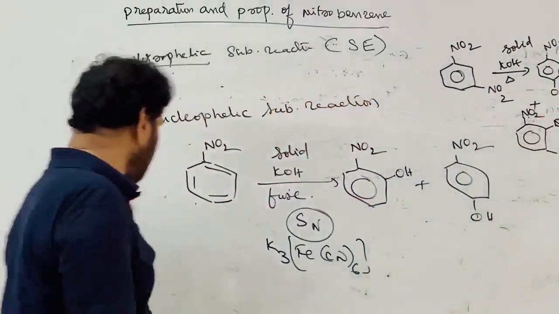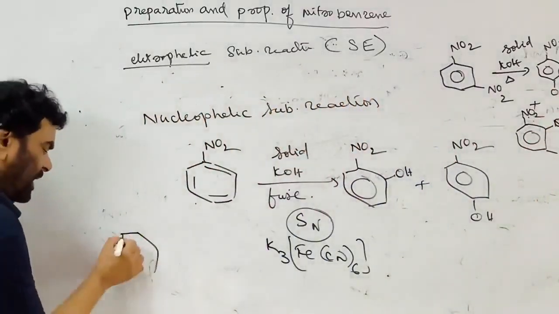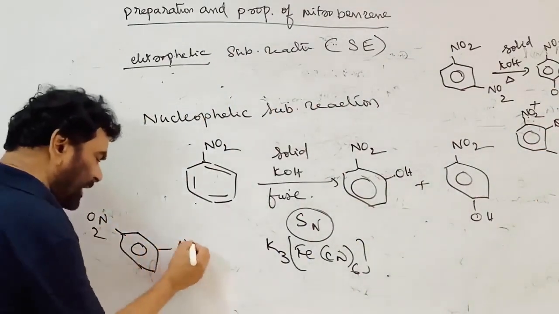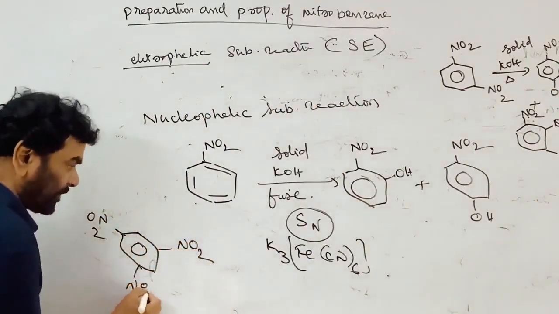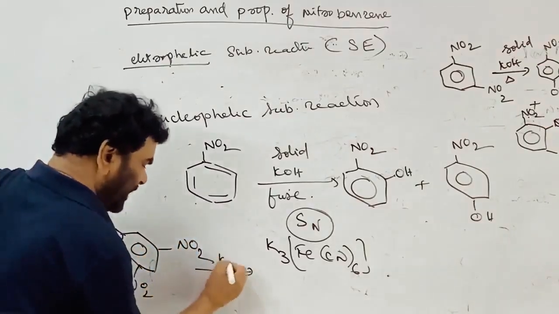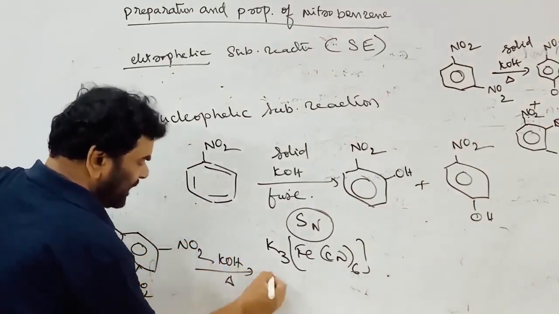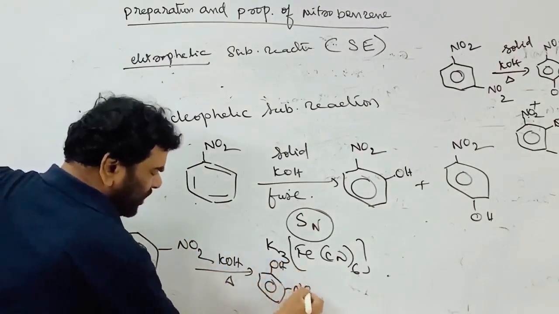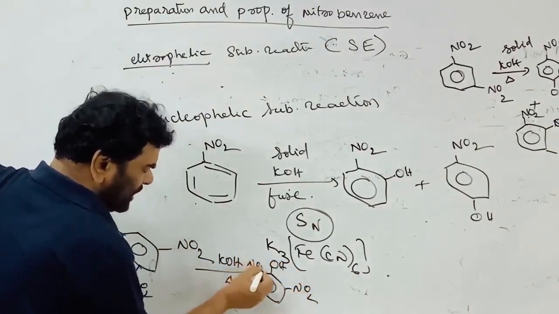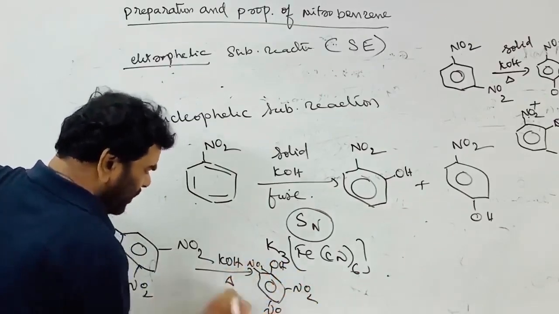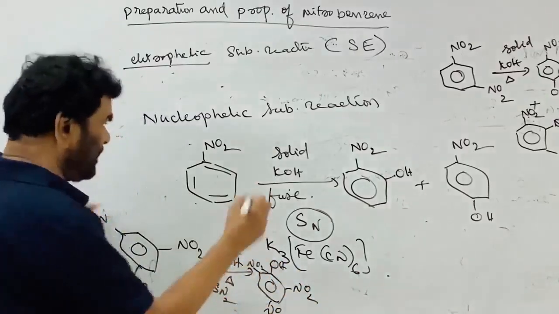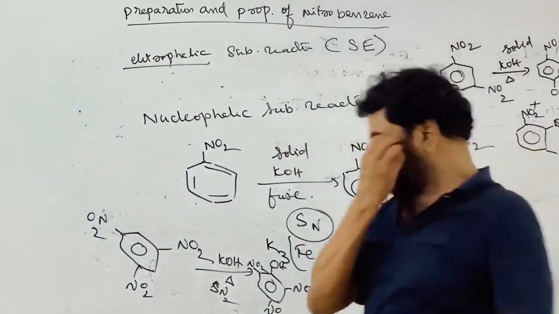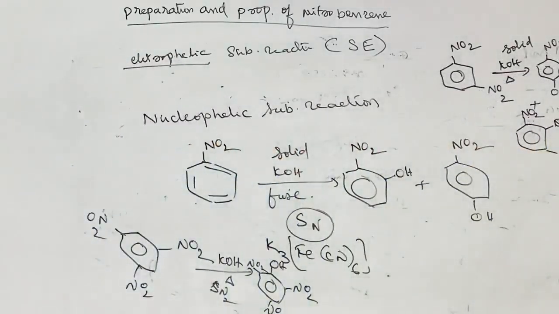We are directly introducing OH. Suppose you have trinitrobenzene, with 3 nitro groups, it does not take part in electrophilic substitutions. On heating with KOH, picric acid is formed. Simply picric acid. This is NO2, NO2, this is NO2. I told you this is an SN2 reaction through the C-H bond. Hydrogen is replaced with this one. Now, a carbanion intermediate is formed.